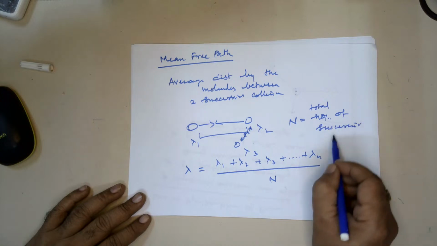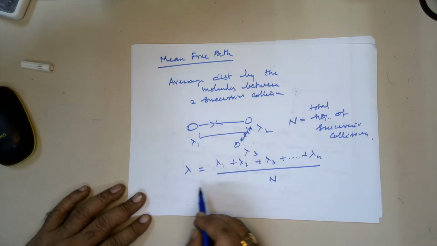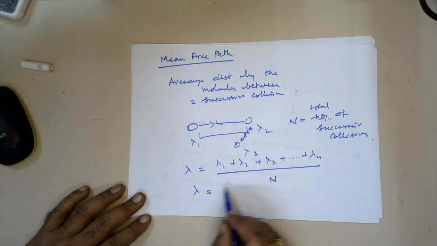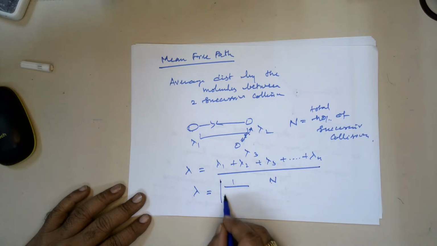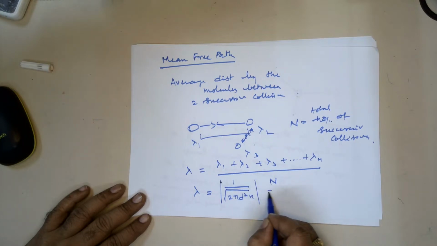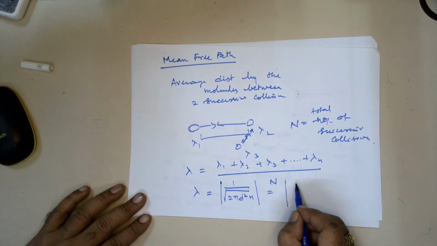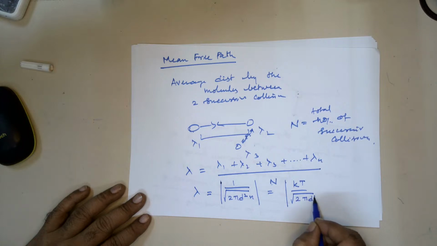Successive collisions. So this is given by the modulus of 1 by the whole square root of 2 pi d squared into n. That is given as modulus of kT divided by the whole square root of 2 pi d squared into rho,